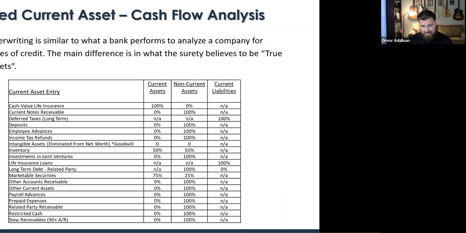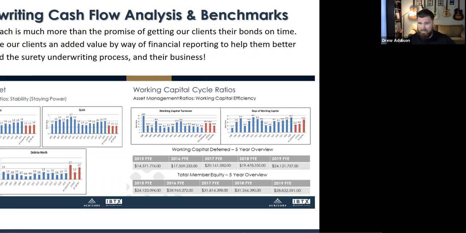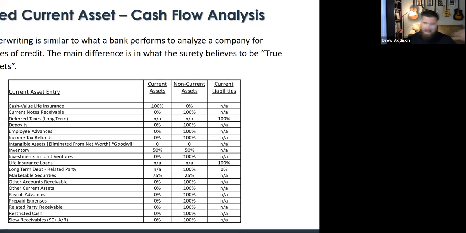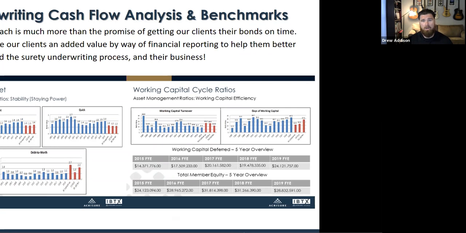This is a list of current assets that your surety underwriter is going to defer out as not current. We do that first, and then we run our analysis so we can see what is happening within your company. We can show you what's happening within your company. When it comes to the analyzed working capital number, working capital is the lifeblood of your surety program. That's current assets minus current liabilities, but it's current assets minus these, right? So we have to make sure we understand where we fall in your program and do the negotiations for you. The equity point is really important as well. Those are the two main veins and lifebloods of your surety program. So keep that in mind. If you have any questions about where you fall, please let me know.